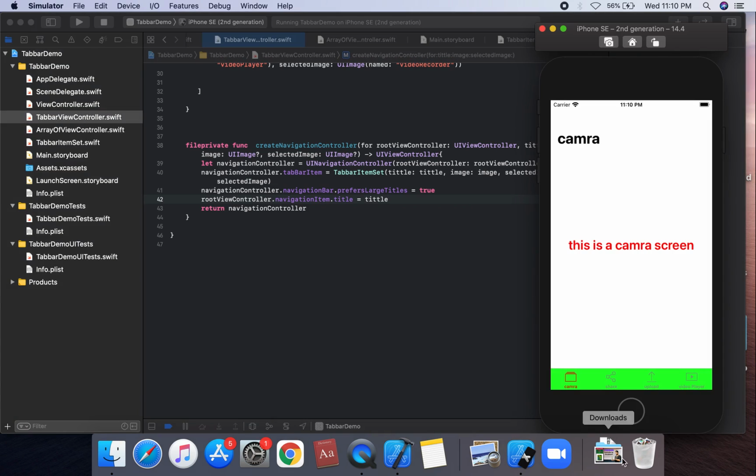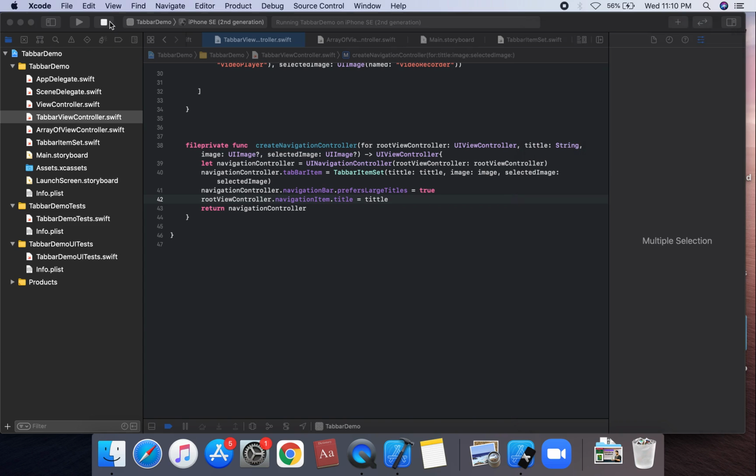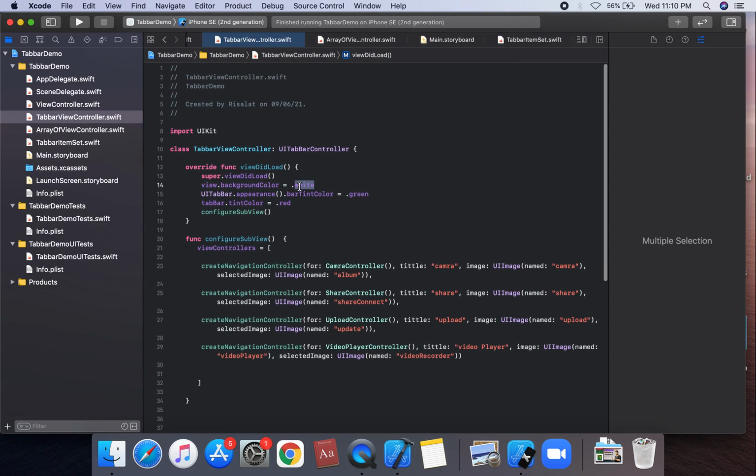First is camera, second is share, this is the share screen, then upload, this is the upload screen, and this is the video play screen. We're going to set the view background color, suppose white, this is black.